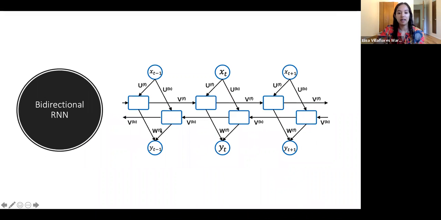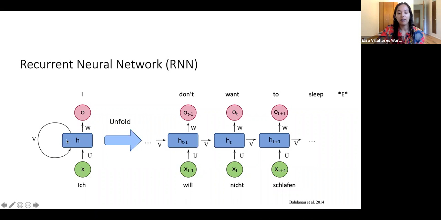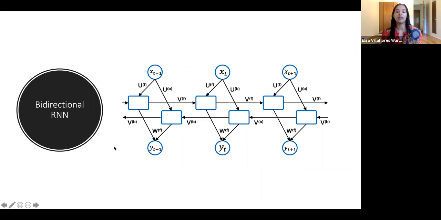So at that time, they started to introduce a bidirectional RNN. And so the point of it is that not only do you go this direction through the sentence, but you also go back through the sentence. And then your output would be influenced by both of the feature vectors which come out of the hidden states from each of those directions, as well as the previous output. So does that make sense so far?